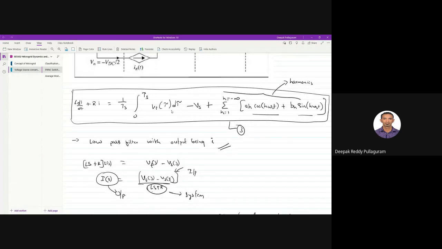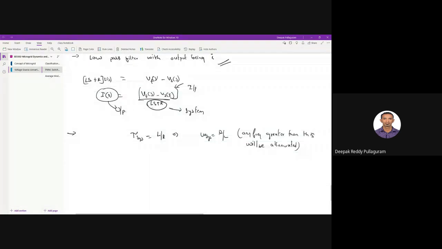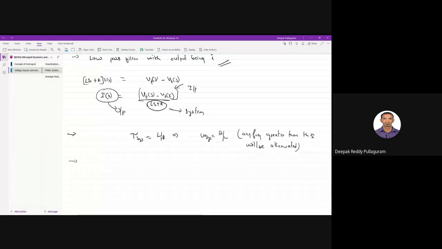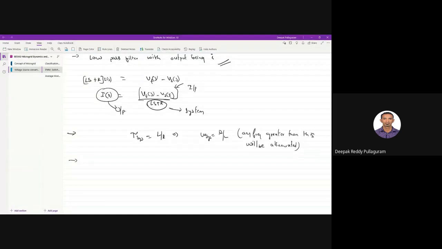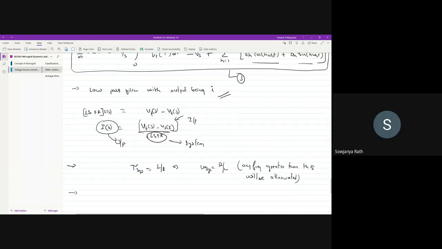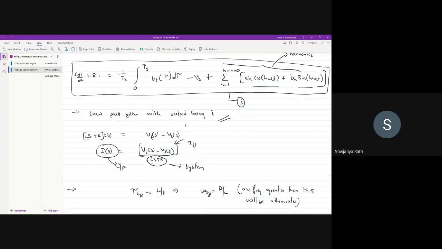Are you getting it, all of you, or did I confuse you more? There is a difference between signals and systems. It's a subject also, but still there is a difference. You all agree? Yes, sir. So the third equation is a linear system, but the signal is non-linear, because we have cos and sine, which are non-linear. So the system is linear. Is it clear, all of you?